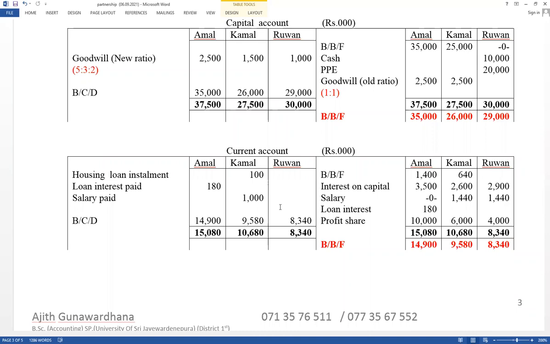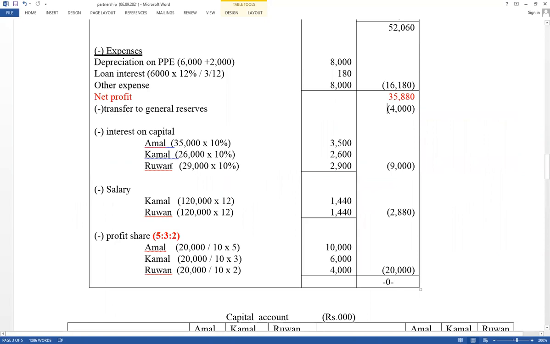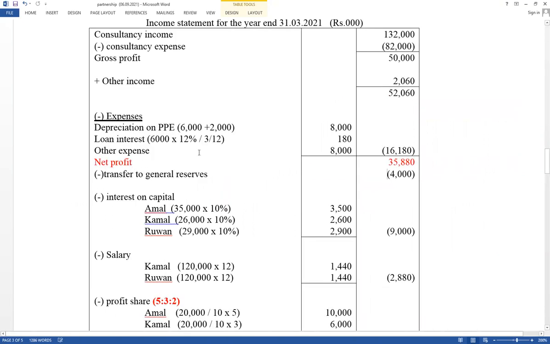Interest is charged on drawings to discourage drawings. If interest on drawings is given, it should be recorded on the debit side of the current account. Both drawings and interest on drawings must be recorded. Interest on drawings should also be recorded under the profit appropriation account. After net profit, interest on drawings is not subtracted but added. Therefore this is a very important example.